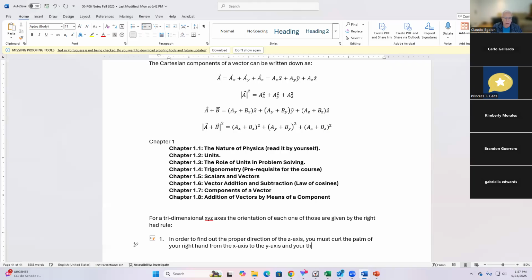And your thumb will point in the direction of the z-axis. Okay? Then you repeat,